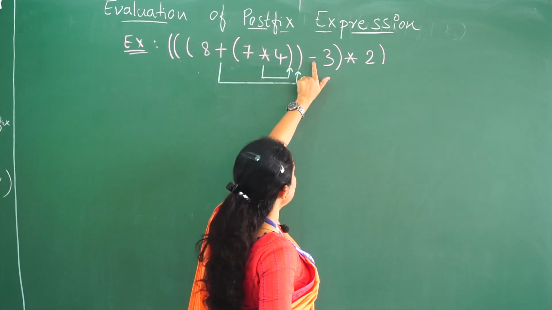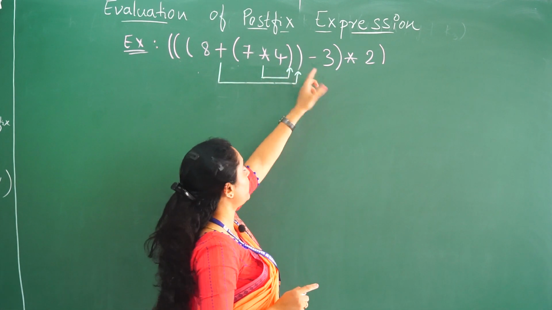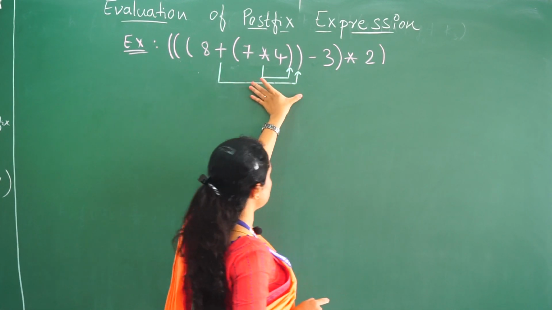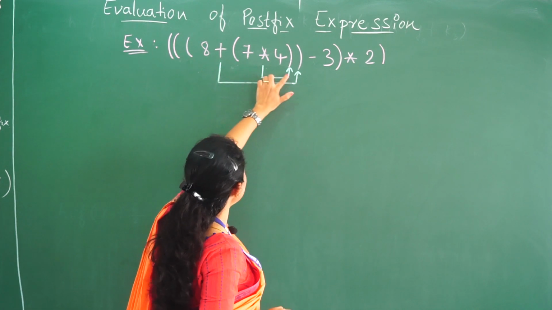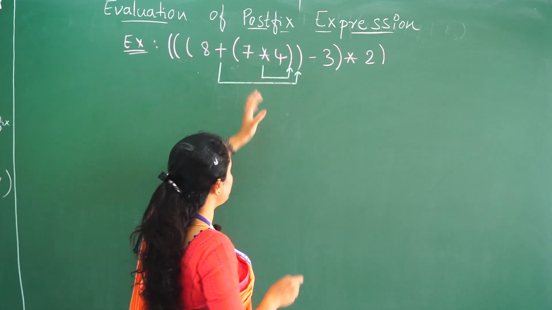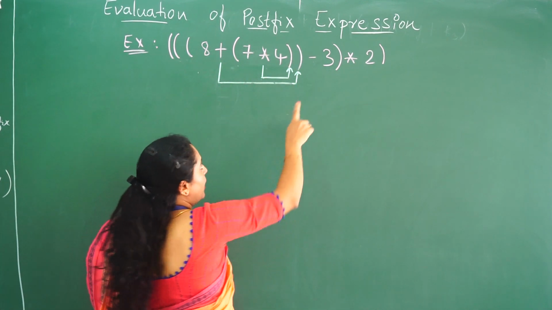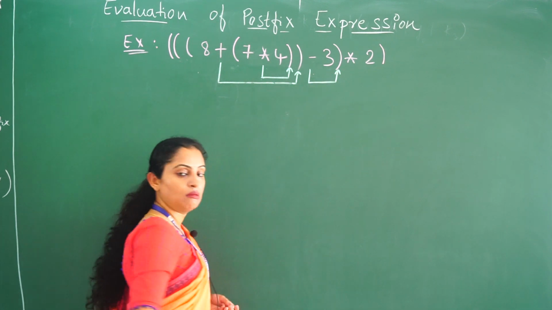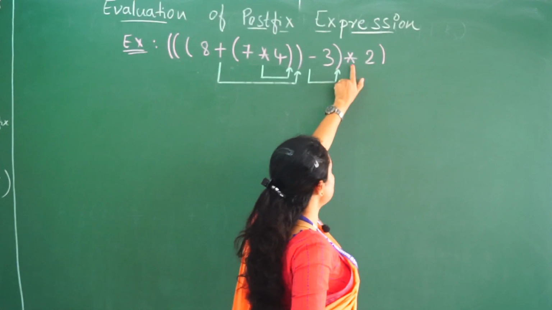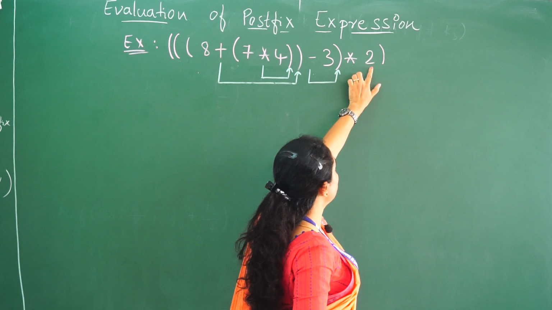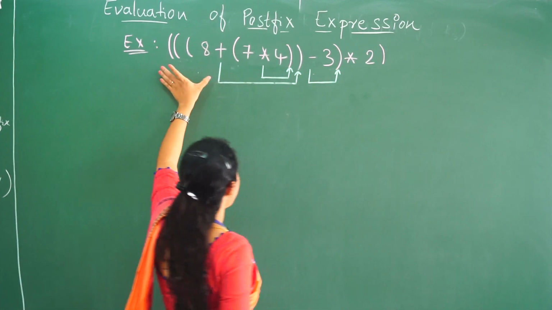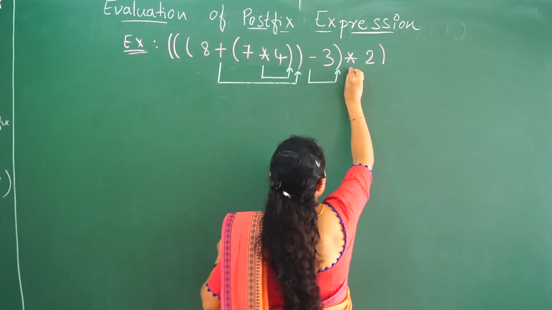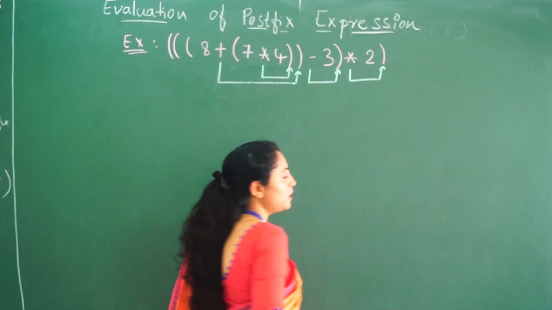Okay. Next the minus, we have to keep checking where the operators and operands are. This minus operator belongs to this operand 3 and this whole expression. So if we take this as one operand and this as another operand, this minus will be replaced with this right parenthesis. Next we have the asterisk, and 2 is an operand here. So this whole operand and 2 belong to this asterisk. So let's replace this asterisk with this right parenthesis.